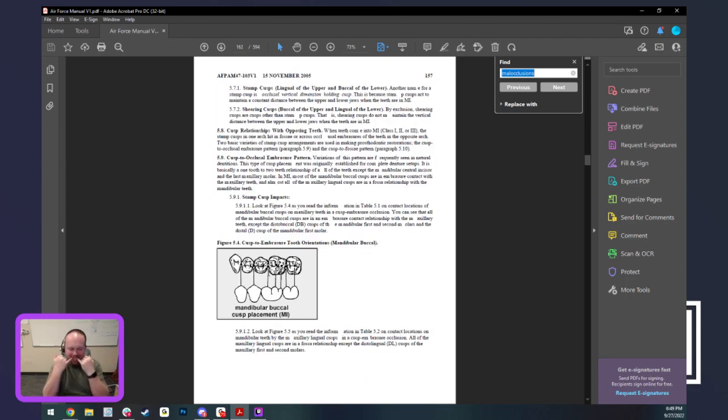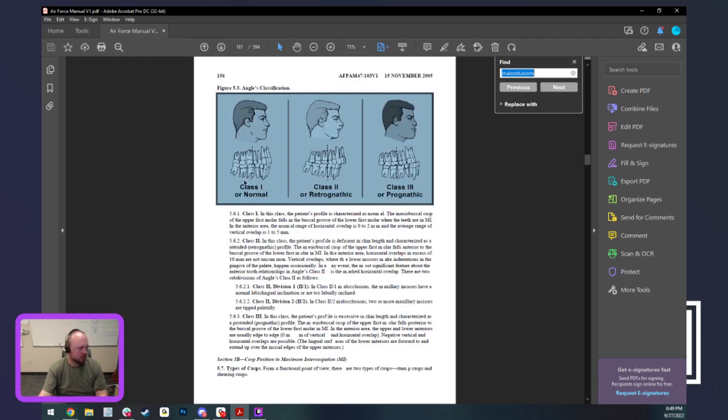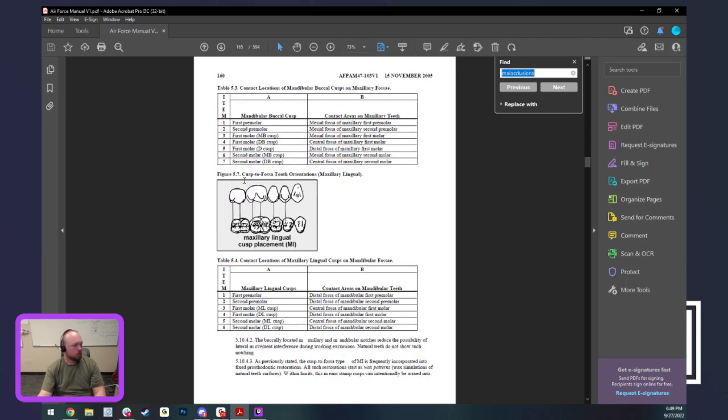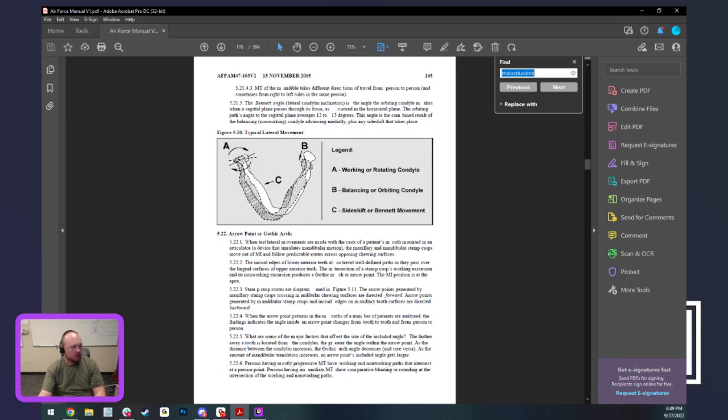Okay, so canine guidance is when you move your jaw from side to side. Those are your protrusive movements, which is,